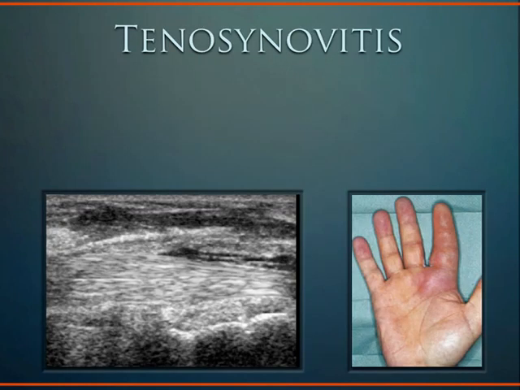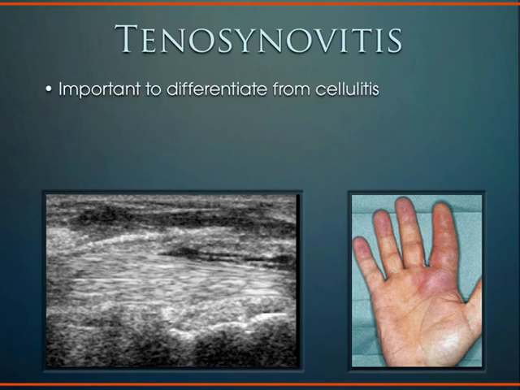And you can actually also see something called tenosynovitis, which is an infection of the tendon sheath. Patients have a swollen digit. They have a lot of tenderness to palpation when you just push on it, and when you try to range their finger, moving that tendon sheath through that infected area causes a lot of pain. And so it's often a clinical diagnosis, but it sometimes helps to use ultrasound to differentiate tenosynovitis from just simple